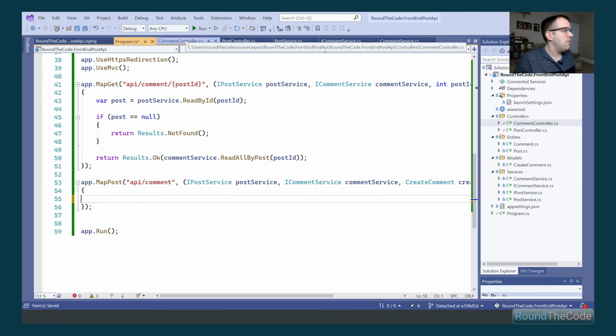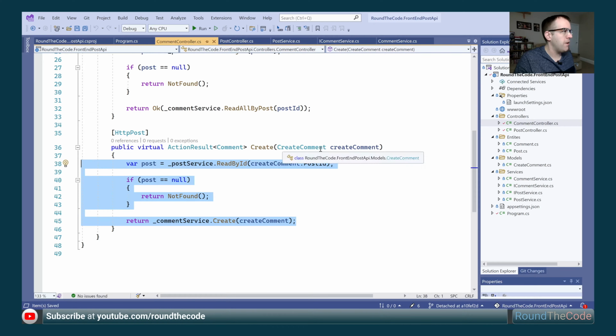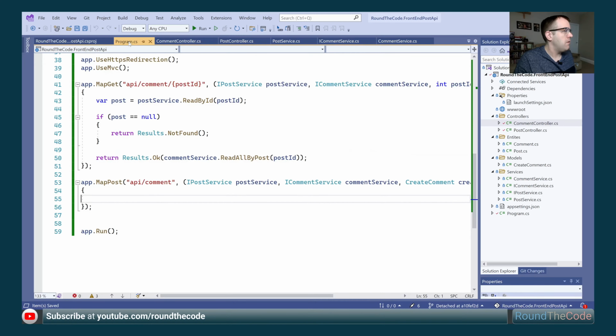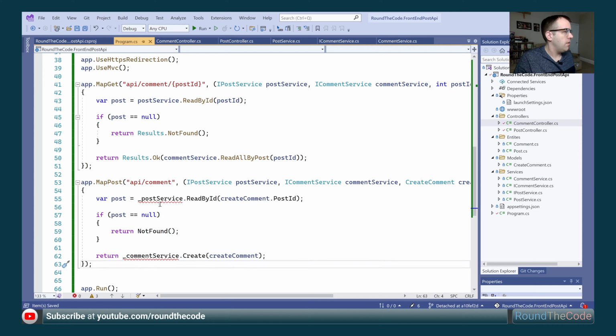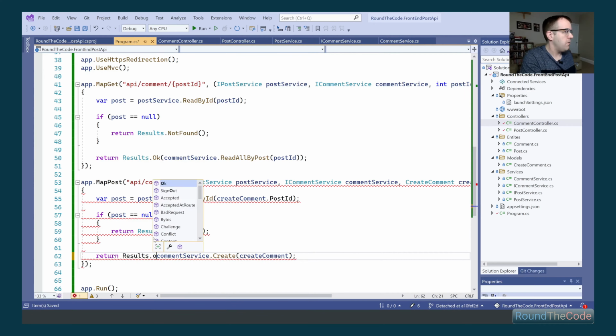Remove that, we go back into our comment controller, and we can just simply copy that. So the create comment is there. We're just passing that in like that. Remove the underscores there. Again, we've got the same issue as we had before. We can just use the Results.NotFound and the Results.Ok to fix those issues.